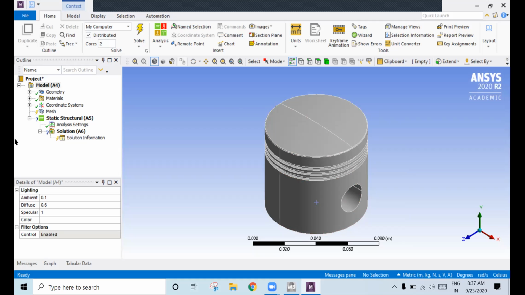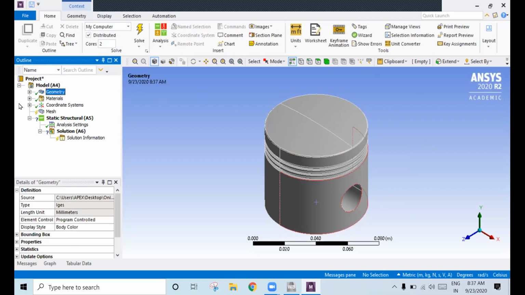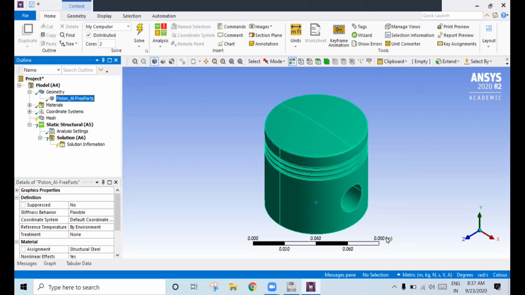Next, in the outline on the left side you will have geometry. Click on this plus button, click on this piston which we have created in this model. Once you click on this piston, you'll get the material properties in the details of piston.